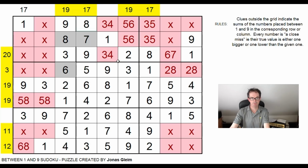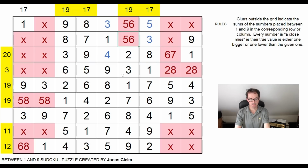Can we do anything further? Yep. 4 and 3 now. 5 and 3. 5 and 6. What a puzzle. Okay. 5, 6, 7 along here. Yeah, so